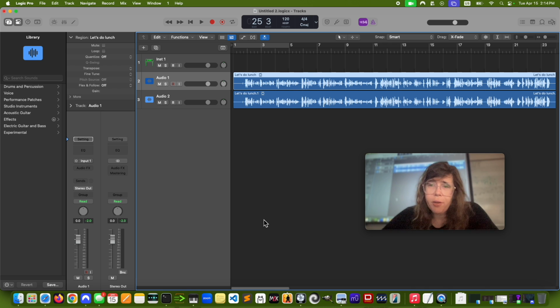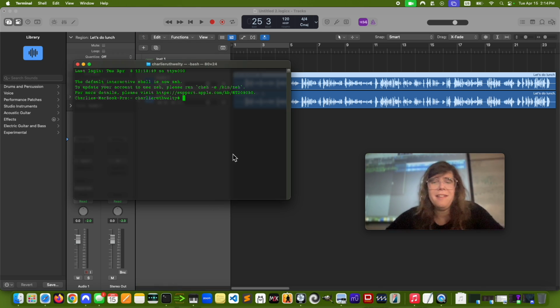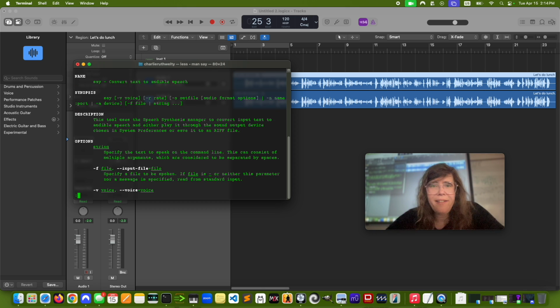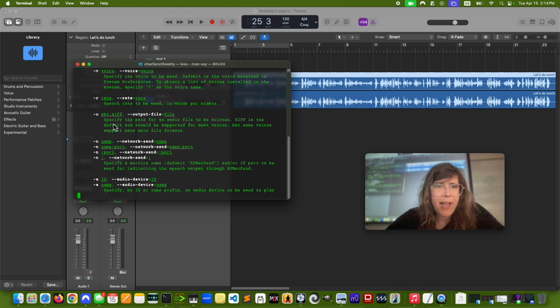Now, you can record audio this way and then bring it into your device. I recommend you do that if you can do that just now. Give it a shot. It's okay to do that while I lecture and talk about this stuff. The other thing you can do, remember how we made an audio file using Terminal? Y'all remember that? Yeah? We went in here and we made a save file, and then we had an output file. Remember that part? I might make a video about that. We'll keep going. I'll make a video about that. But that's how you can get the robot voice. And then you can use that if you want to.